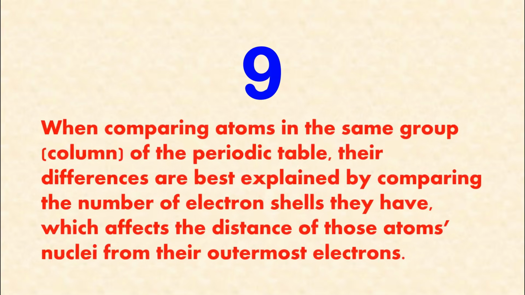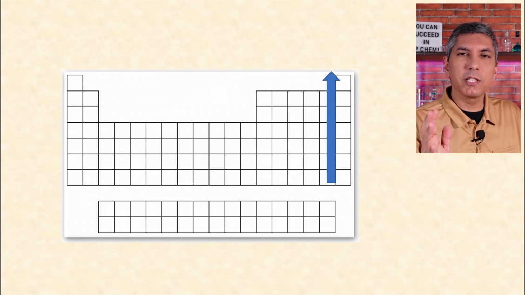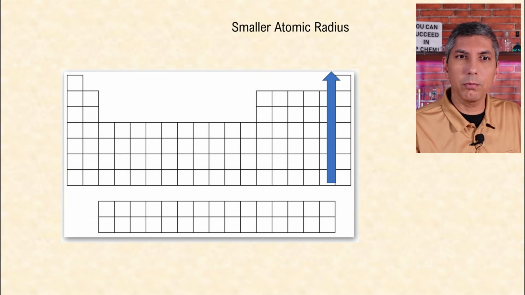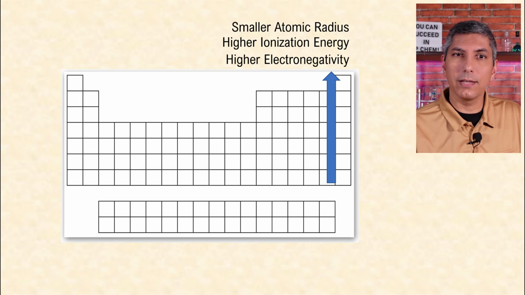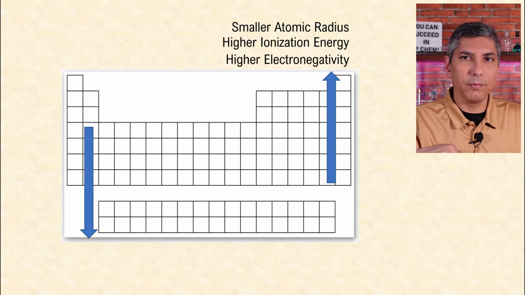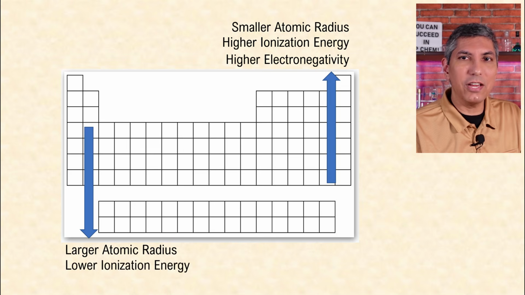potassium. Number 9. When comparing atoms in the same group, or column of the periodic table, their differences are best explained by comparing the number of electron shells they have, which affects the distance of those atoms' nuclei from their outermost electrons. So as we move toward the top of the table, elements will usually have a smaller atomic radius, a higher ionization energy, and a higher electronegativity. And toward the bottom of the table, it'll be the opposite: a larger atomic radius, a lower ionization energy, and